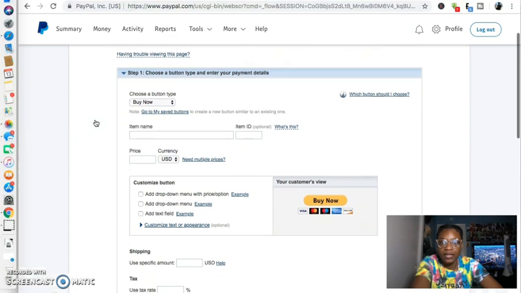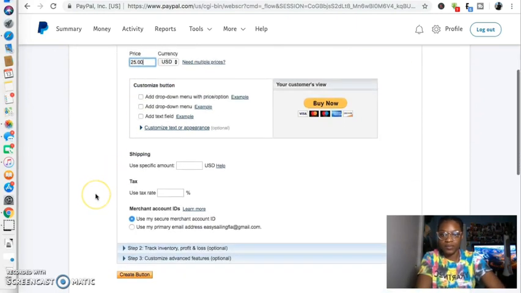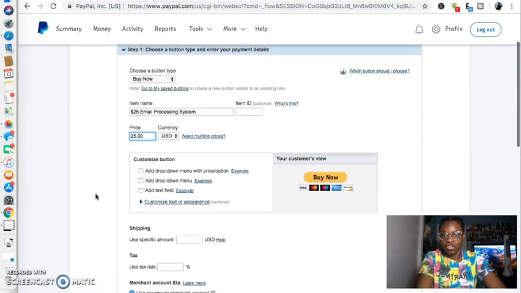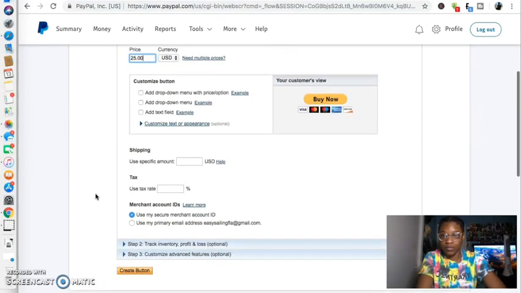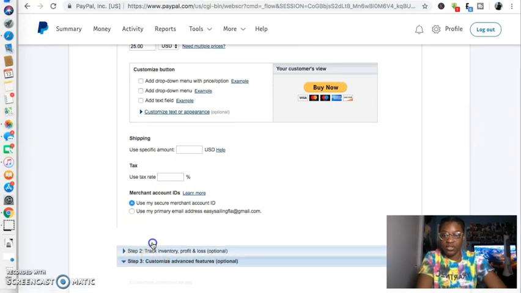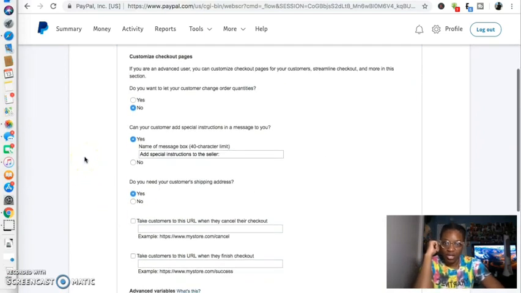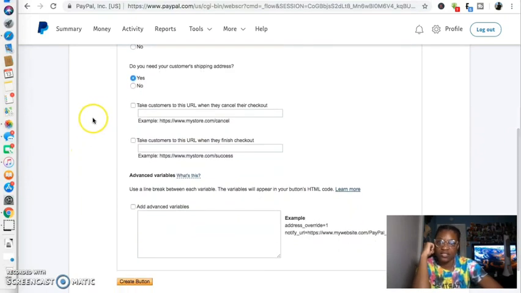So now you're going to create your button. So let's say you purchased the email processing system. That's what you want to use. Go ahead and type in $25 email processing system. Put in your price, which is $25. And you're done with that portion. You can either create button or you can customize advanced features. Okay, so if you customize advanced features, the only thing you want to do is come down to this second